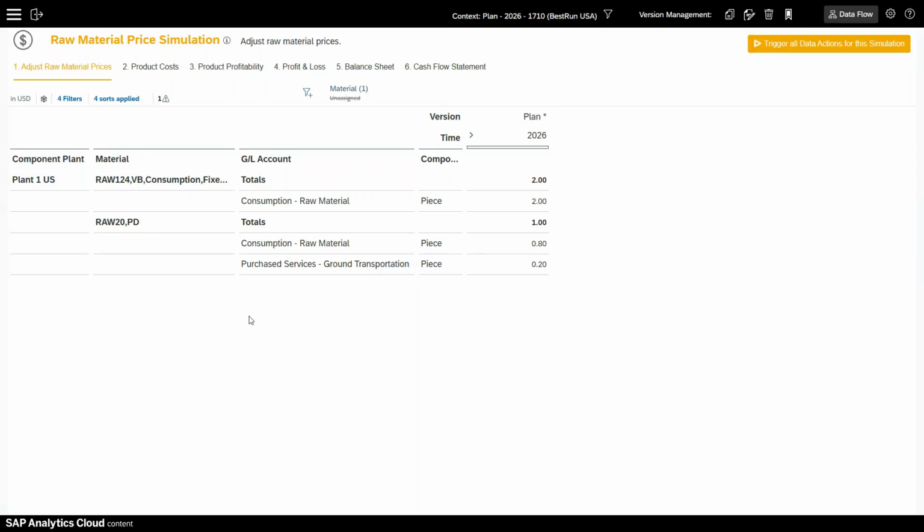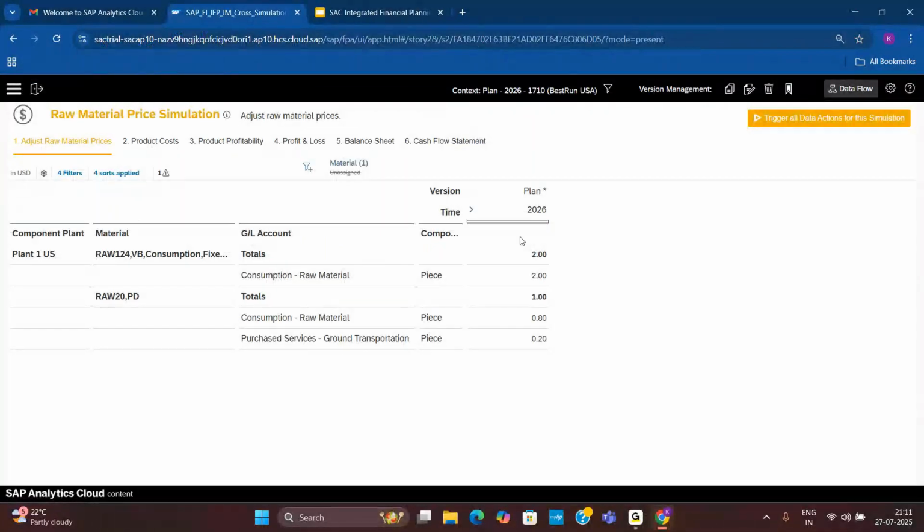And here you have an option to create the private version, right? Actually, the version concept everyone knows, right? In S4HANA you have version, in BPC you have version, in BW you have version. So version basically identifies one particular data set. But here in versioning, two concepts are there: public versions and private versions. So what is this public version and private version? Basically,